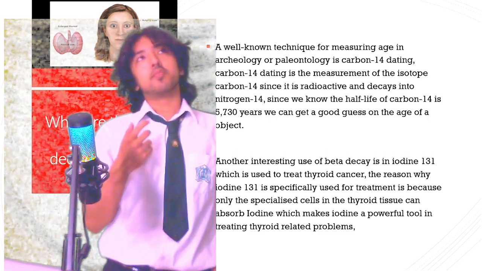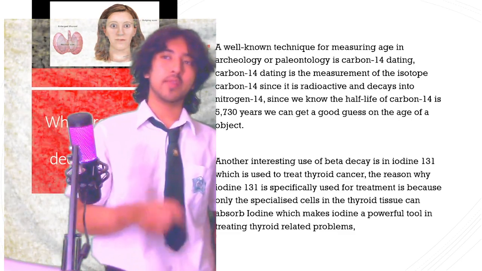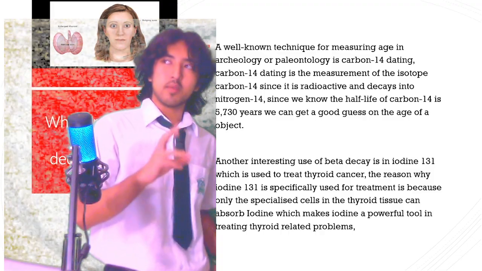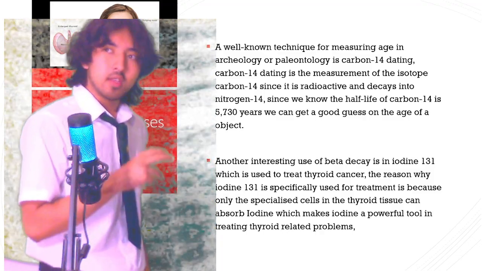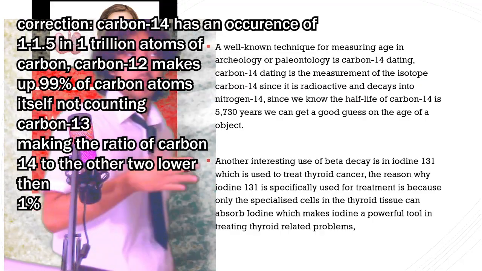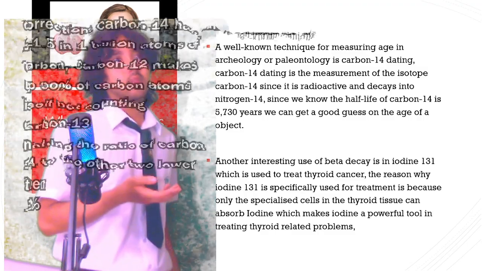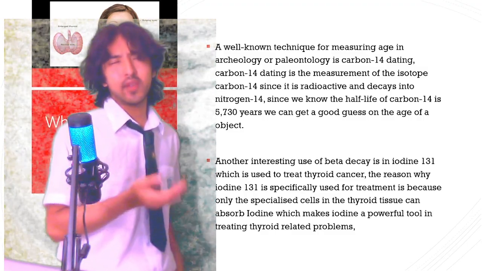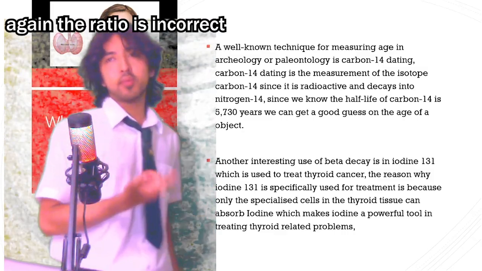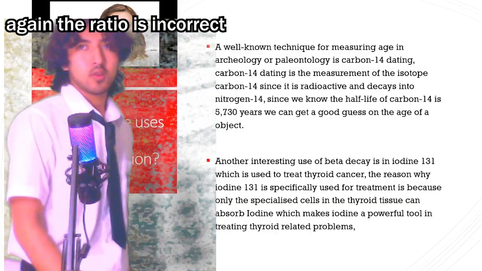Well, we measure the amount of carbon-14 in a sample because the half-life of carbon-14 is 5,730 years. Because of that, we can measure the amount of carbon-14 in the sample, since carbon-14 makes up a bit less than 1% of the carbon around us. So with that in mind, let's say a 5,700-year-old fossil comes about. You can tell because we have 1% around us, and the fossil has 50% left, because half of the sample